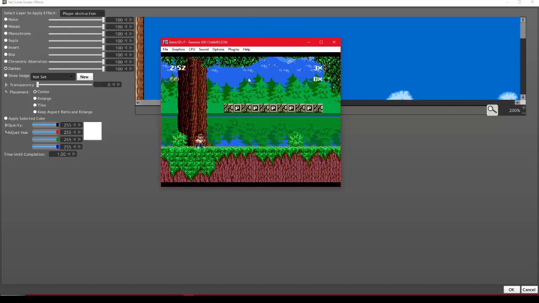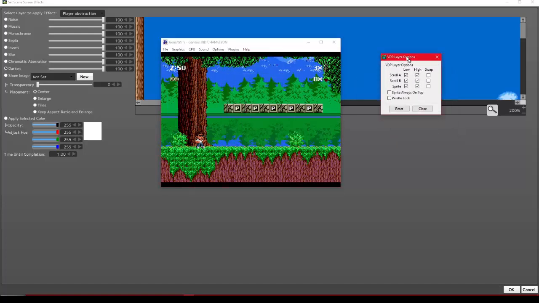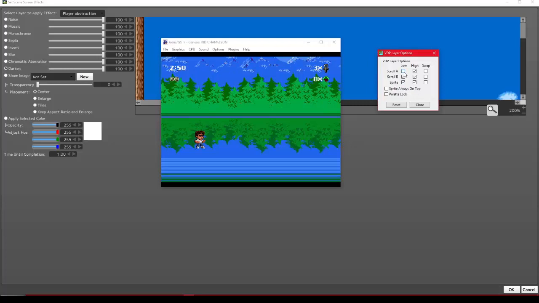Let me turn off some... here we go, layer options. So let's turn off that layer. That works. Okay. Let's turn off the sprite layer too. Okay. Notice the water in the background, or it's supposed to be water, but the reflection on the water in